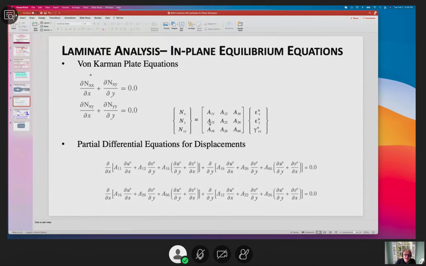If the A matrix is constant, which is typically the case in almost all practical applications, that the in-plane stiffness matrix is constant, not a function of x and y, unless you have a patch in the laminate. So if you have a patch somewhere, the thickness is changing, then A11 is going to be varying. But in most uniform thickness laminates, the A matrix is constant, which means that all these partials can immediately be moved